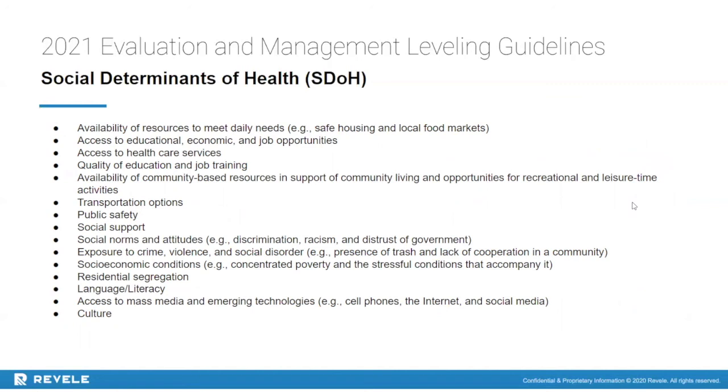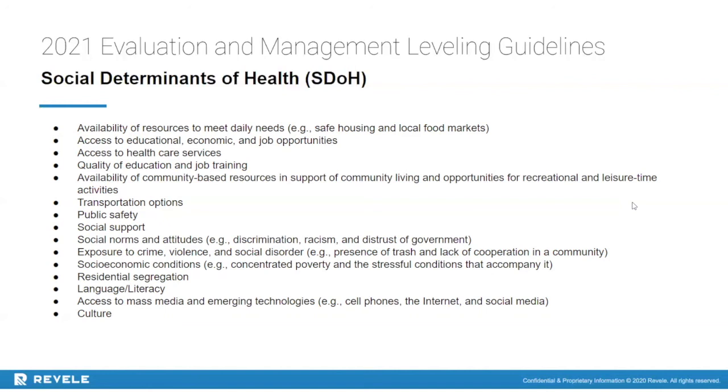These include the availability of resources to meet daily needs, such as safe housing and local food markets, access to educational, economic, and job opportunities, access to healthcare services, quality of education and job training, availability of community-based resources, and support of community living and opportunities for recreational and leisure time activities,